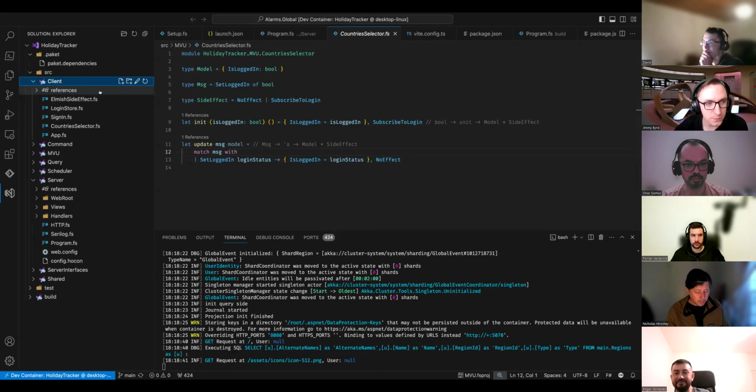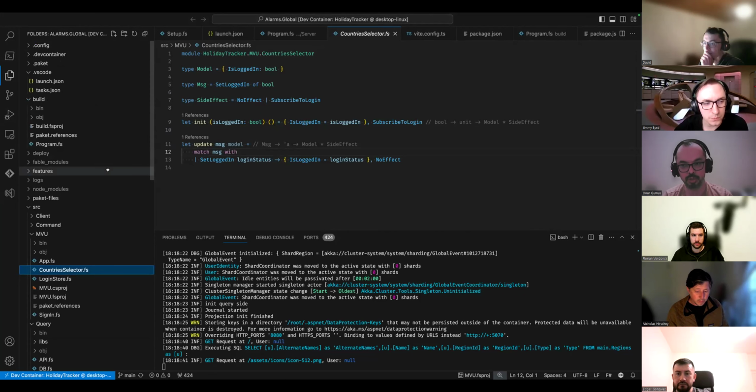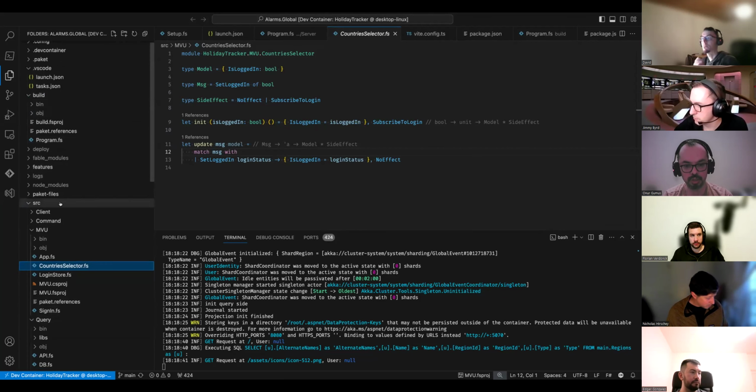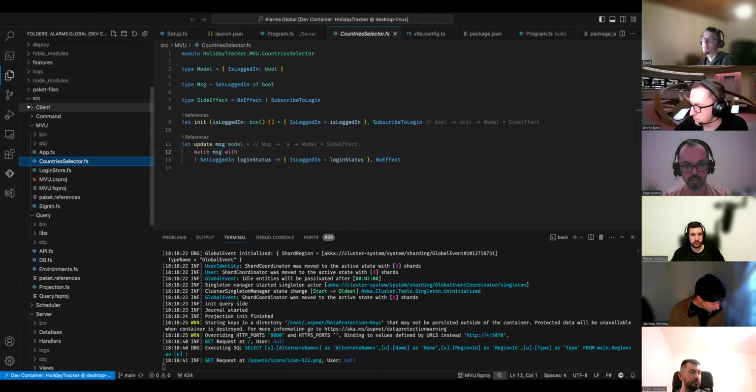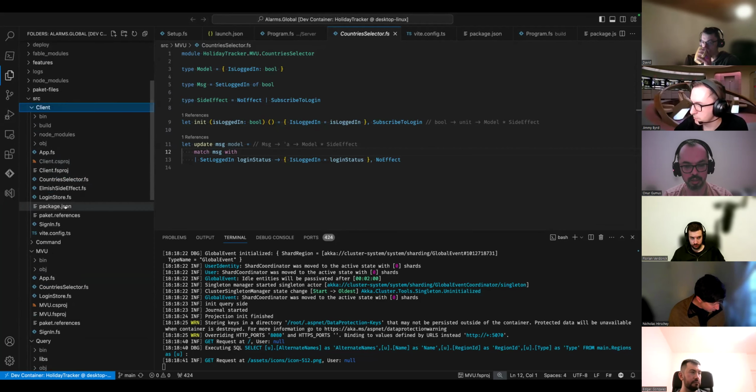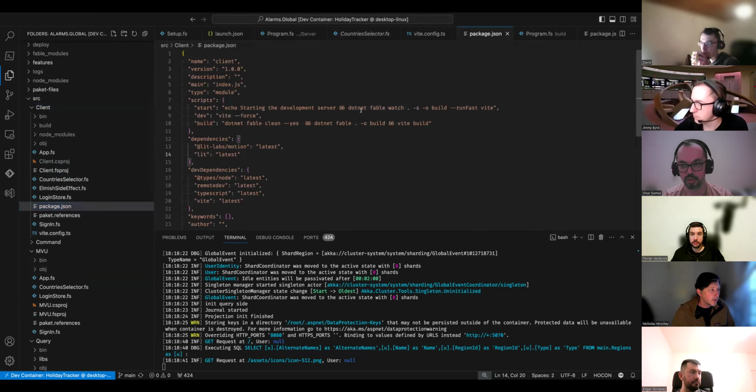In order to debug Fable stuff, first of all, you don't need VS Code. You can just use the browser itself. But there's one interesting bit: in order to debug F# code, even inside the browser, you need to emit symbols, or source maps actually, in particular for the JavaScript world. How you emit the source maps is a configuration issue. It's all about passing a -s switch to dotnet fable.